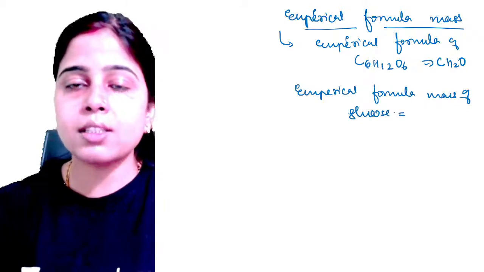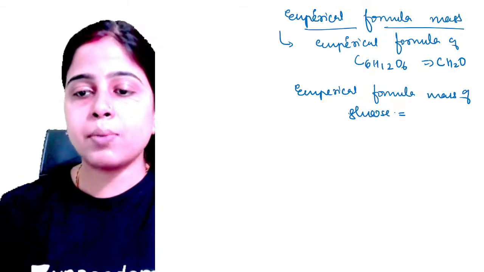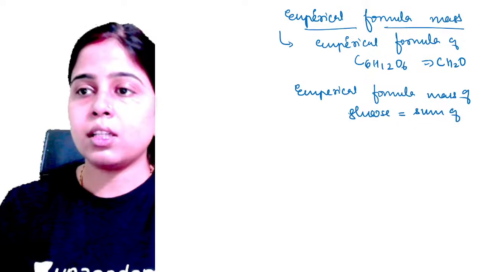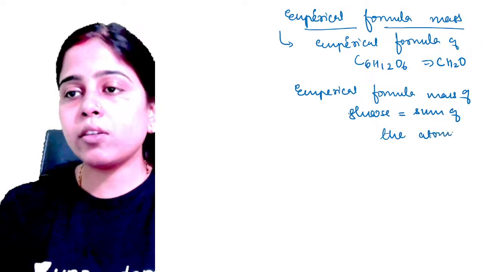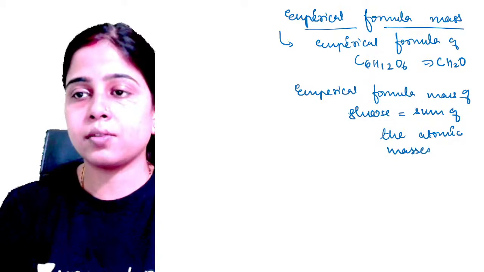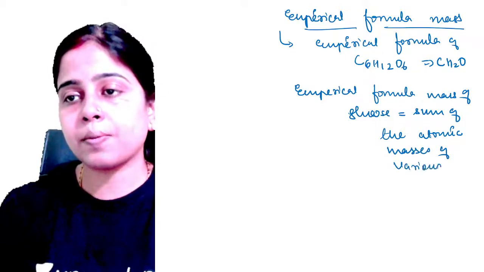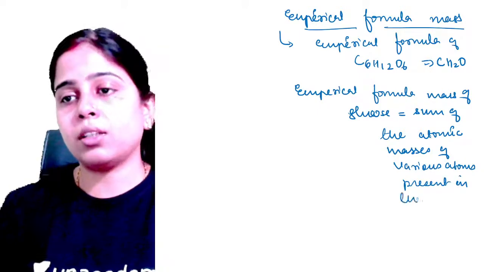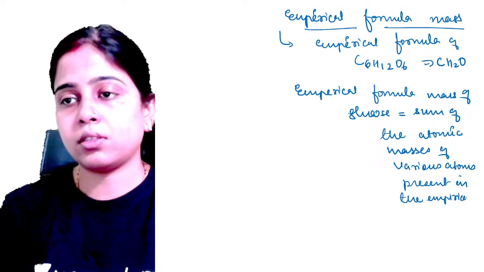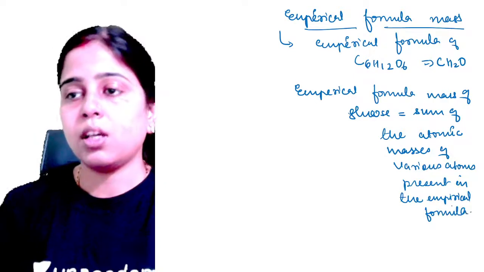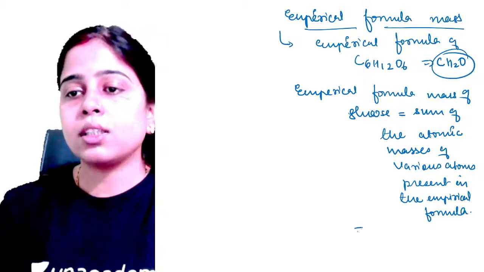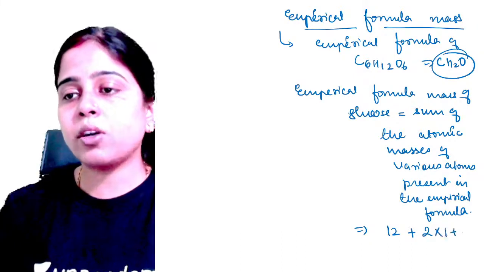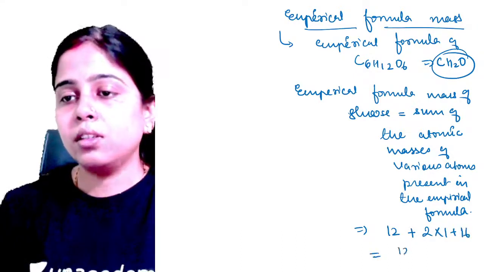You have to find the sum of the atomic masses of all the atoms present in the empirical formula of glucose. So you need to find the sum of the atomic masses of various atoms present in the empirical formula. So the empirical formula is CH2O, that means 1 carbon, so 12, plus 2 hydrogens, so 2 into 1, plus oxygen is 1, so 16 added. 12 plus